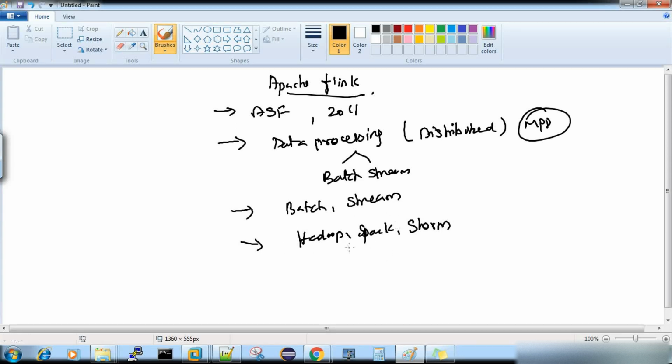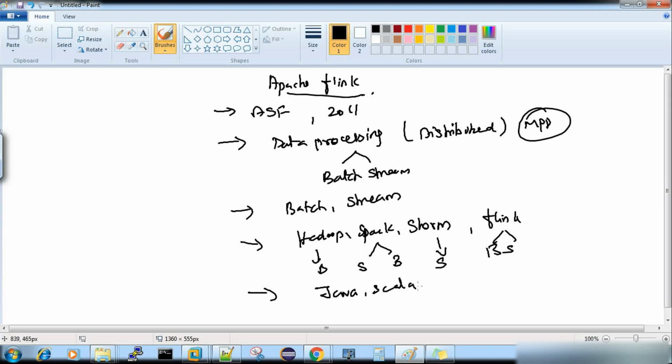And these frameworks are quite familiar, but Flink is getting ready by now. It's entering the picture in the industry. So Hadoop will do only batch processing. Spark will do both batch and stream processing. Storm is only stream. And now Flink will do both batch and stream processing. And Apache Flink is developed in Java and Scala, the two programming languages they have used to develop